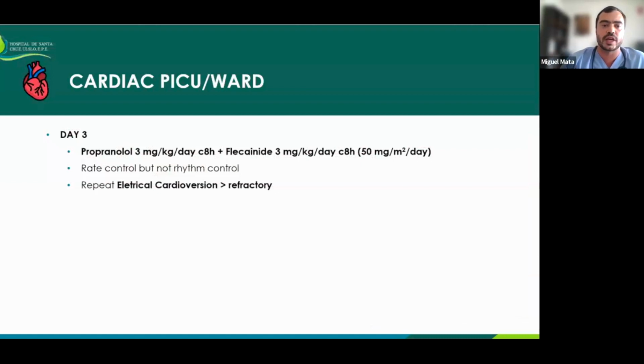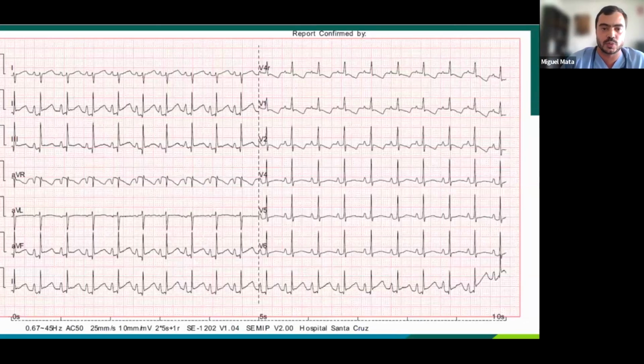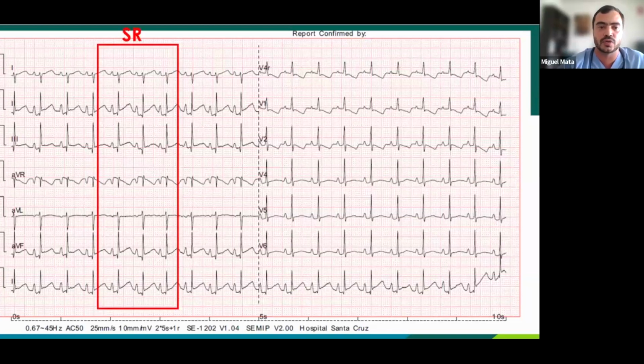So we tried electrical cardioversion again. And again, it was refractory. So we decided to progress with medication. We raised dosages of flecainide to 4 and then to 5 milligrams per kilo per day. Of course, always checking and controlling for QTc enlargement and QRS enlargement as well. And after 2 days, we had this beautiful ECG with pharmacological cardioversion and a clear sinus rhythm, as you